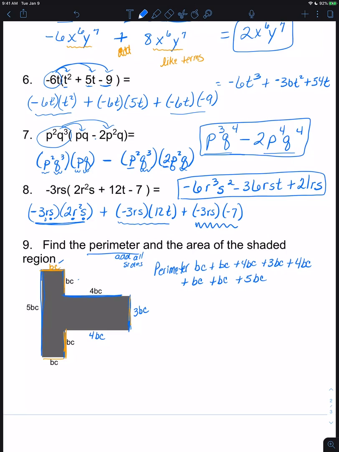Notice that everything is in the form of BC, so we just have to add up how many BCs we have. So here's 1, plus another 1 is 2, plus 4 is 6, plus 3 is 9, plus 4 is 13, plus 1 is 14, plus another one is 15, plus another one is